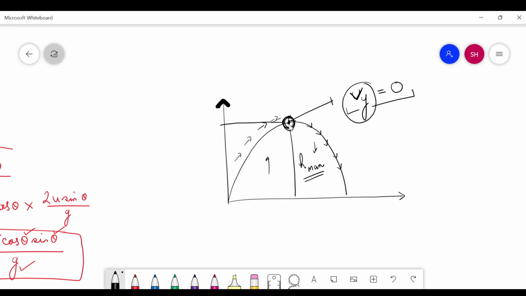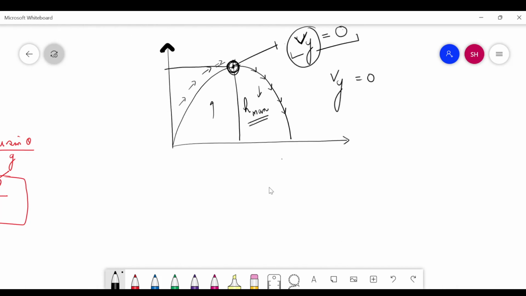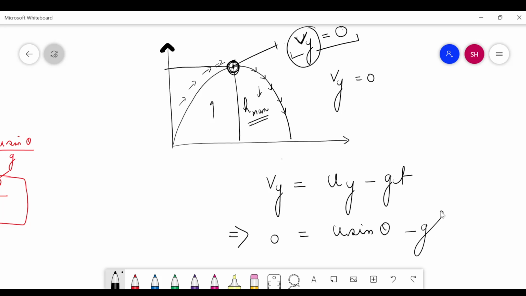It is just dropping. It is going down in the y direction. Here it was going up. Hence, the velocity in the y direction is equal to 0. That will mean that Vy is equal to Uy minus gt. If it is equal to 0, and we know this was equal to u sin theta minus gt,